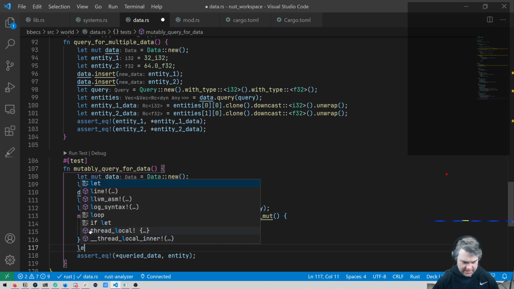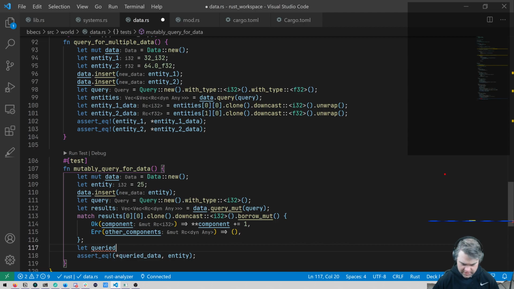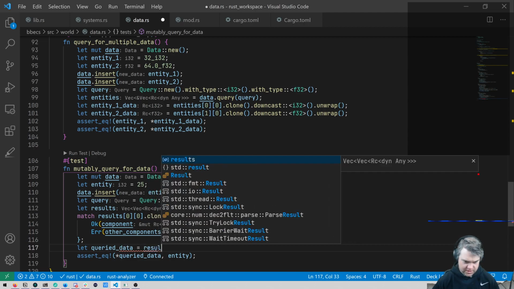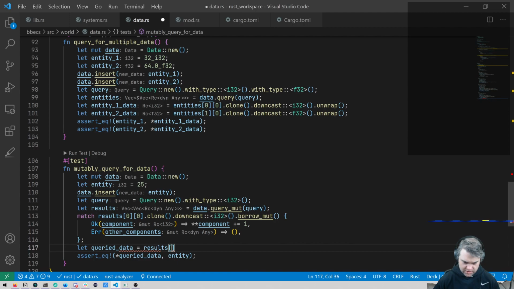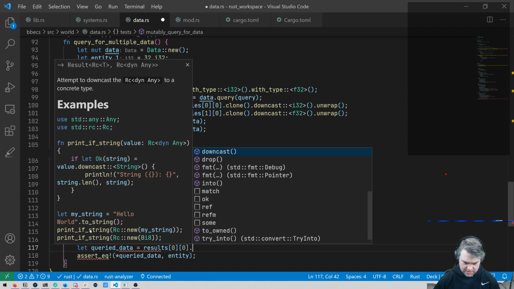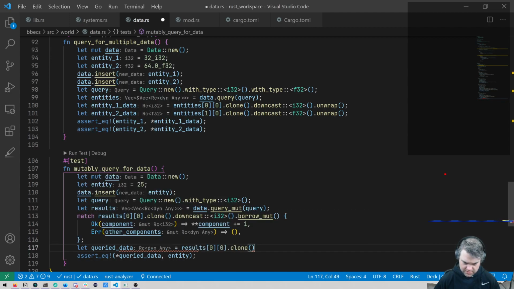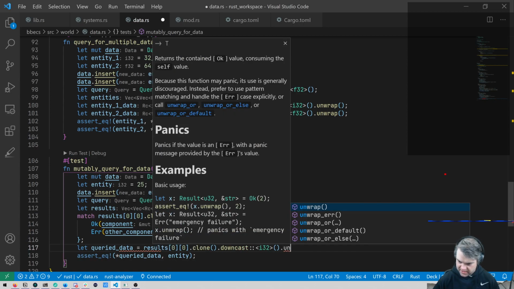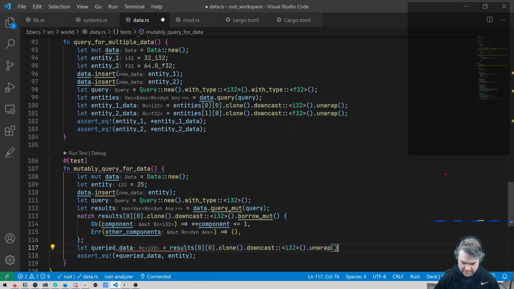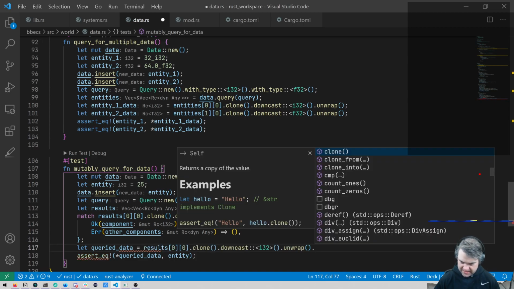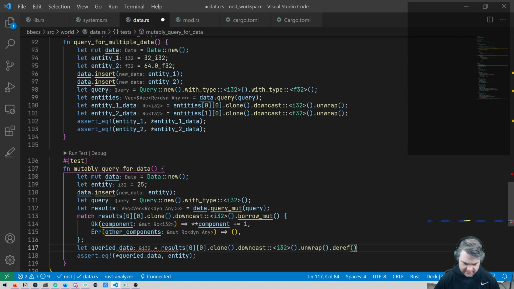So I need to do a let read data equals results of 0 dot clone dot downcast i32 unwrap dot deref. Okay,